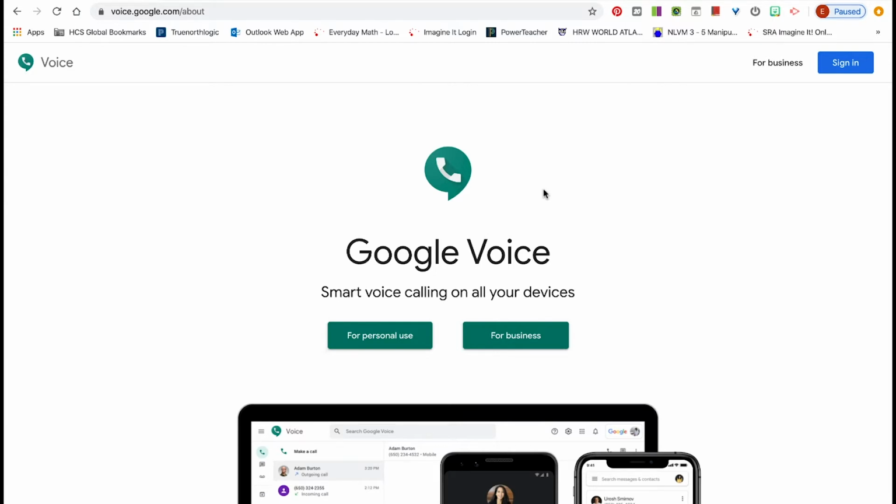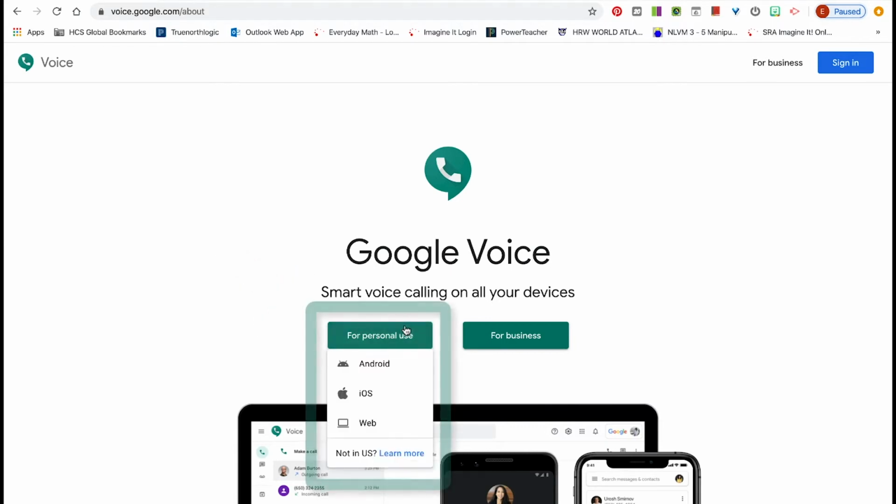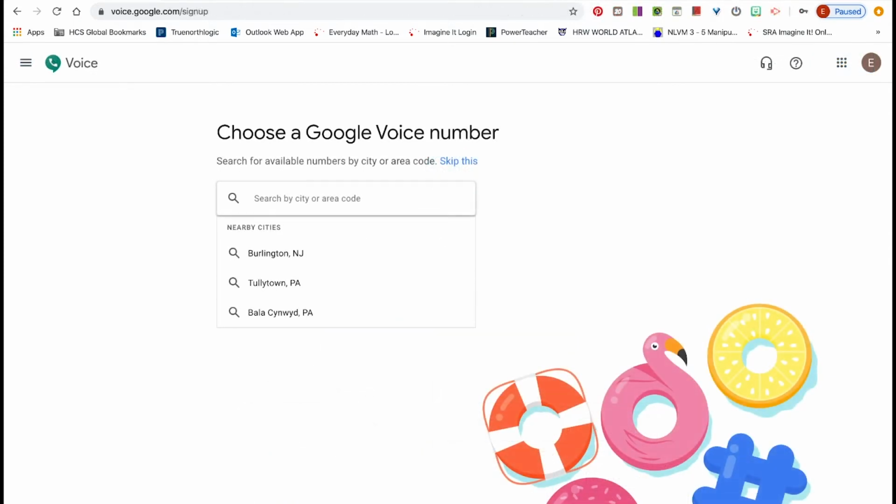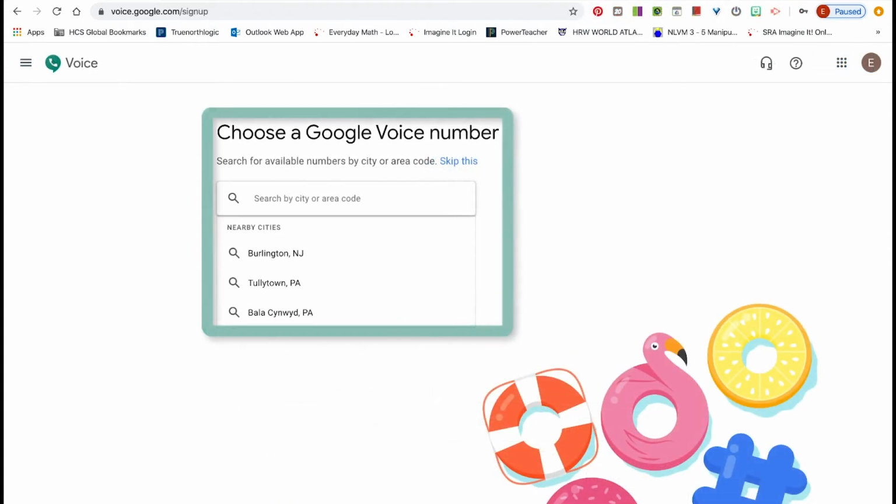Okay, so once we're on the main page, we're going to go ahead and click personal use. And at this point, we should have a drop down bar that comes down. And you can go ahead and use Android or iOS, whatever phone that you have. But for this purpose, I'm going to go ahead and select web. It'll be a little bit different on your phone, but for us, this is going to work. The first thing they're going to ask you to do is pick a nearby city so that they can go